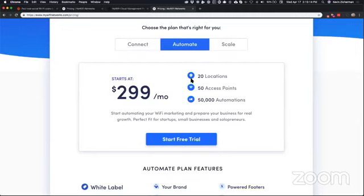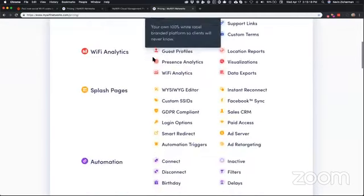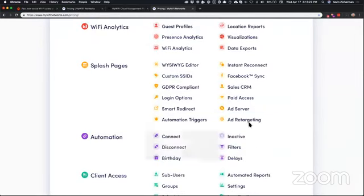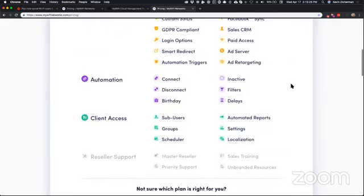It does come at a higher price point, but it has tremendous value. So it has everything that the Connect plan has, in addition to these 3 advanced features: the ad server, the automation triggers, and the ad retargeting, the integration with Facebook audiences. Now, this also includes all the automation triggers: connect, disconnect, birthday, inactive filters, and delays, and also the client access,